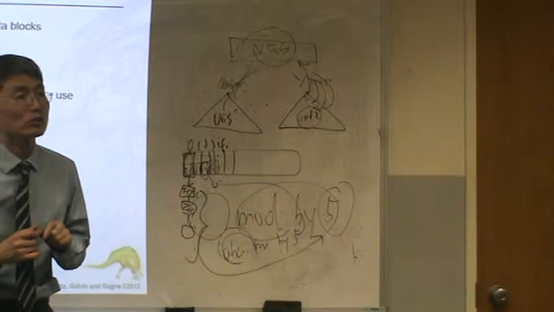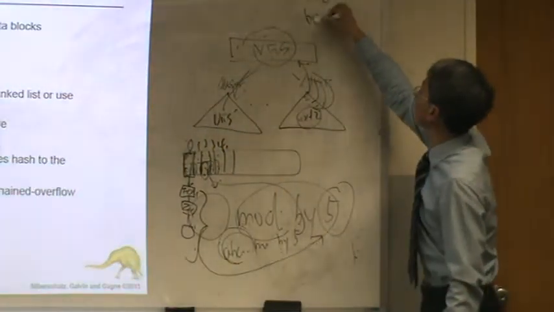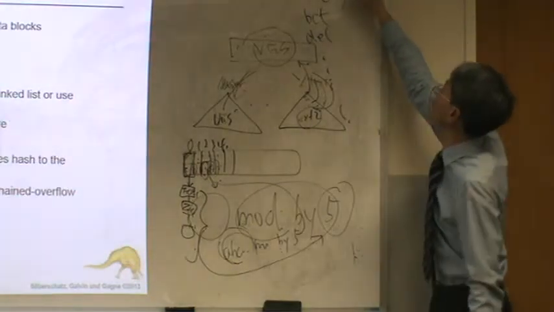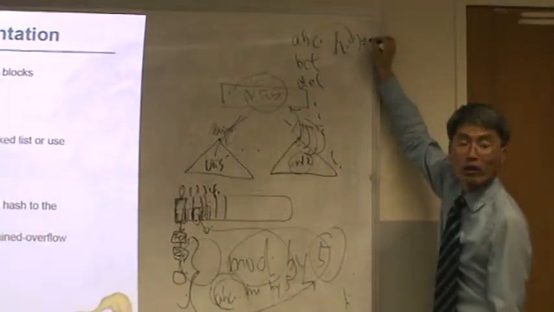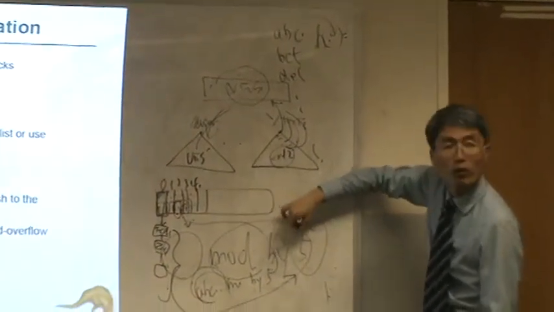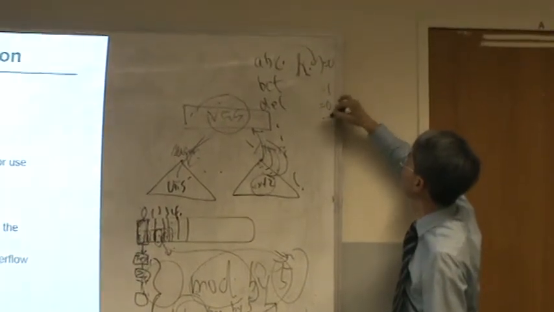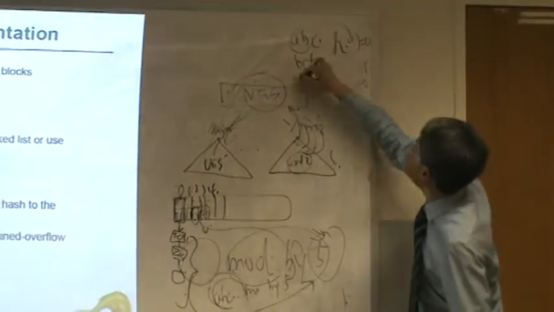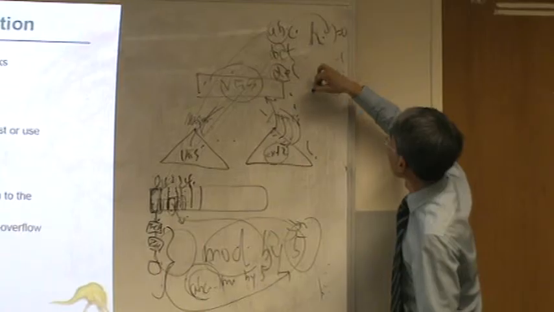For example, I have many files: A, B, C, D, E, F. Apply the hash function to them, then the hash value is one of 0 to 4. So this one is 0, this one is 1, this one is 0, this one is 1. Then this file goes to this bucket, this file goes to the same bucket, this file goes to bucket 1, and this file is